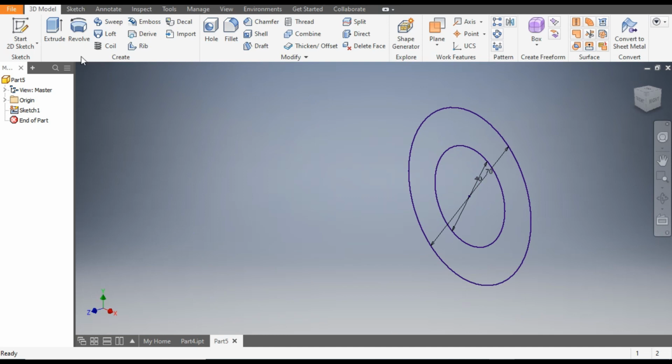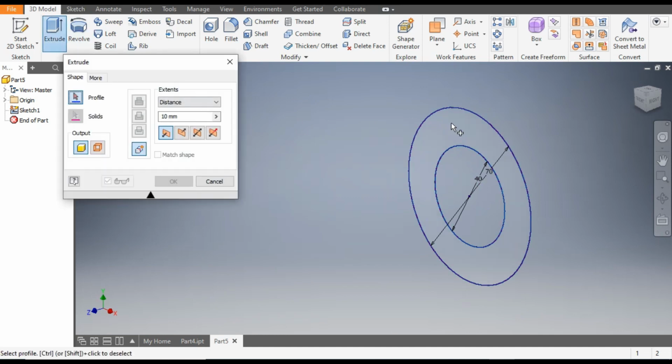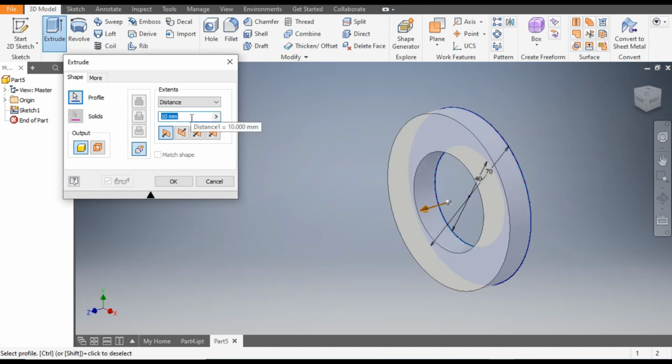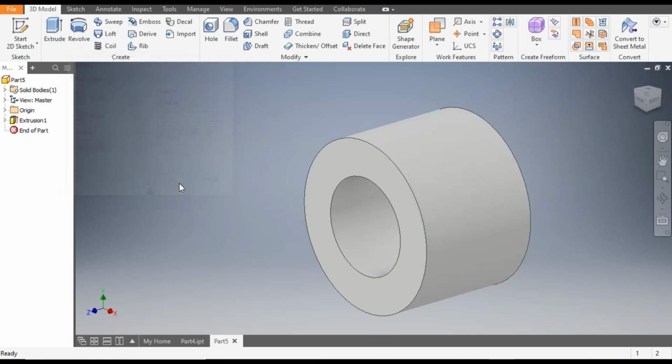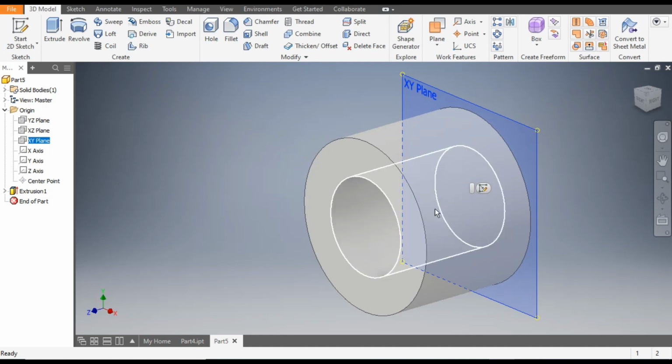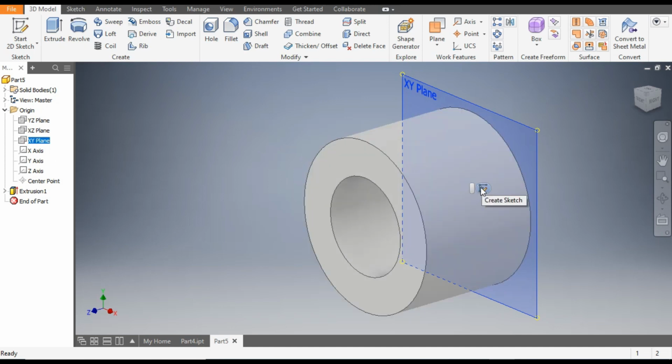and go to extrude command and select this inner profile between 40 and 70 dia circle and give a distance of 50 mm. This is one directional extrude and OK. Now go to origin and again select the XY plane. From here select create sketch